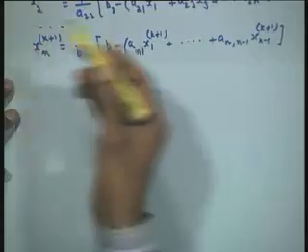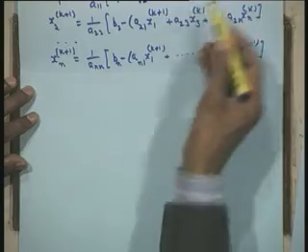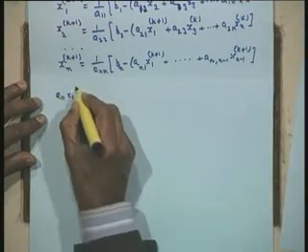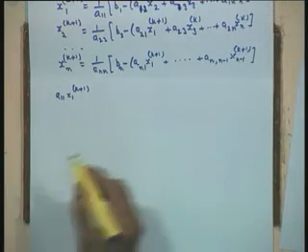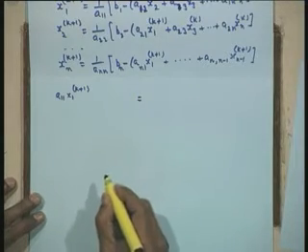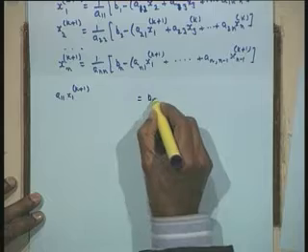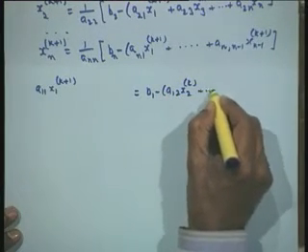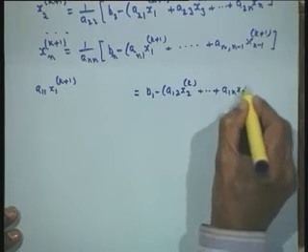Now, for analyzing the convergence, I would like to write this down in matrix format. What I will do is retain all the current iterates on the left hand side. So, I will bring everything to the left hand side and write this equation. Let us rewrite the first equation. This is a 1 1 x 1 k plus 1, and let us leave some space here. So, this will be equal to b 1 minus a 1 2 x 2 k minus up to a 1 n x n k.